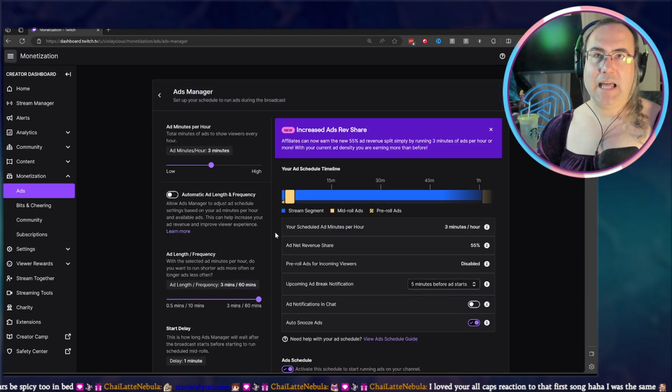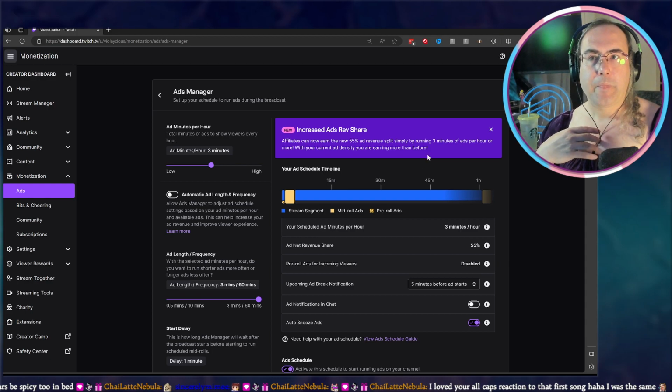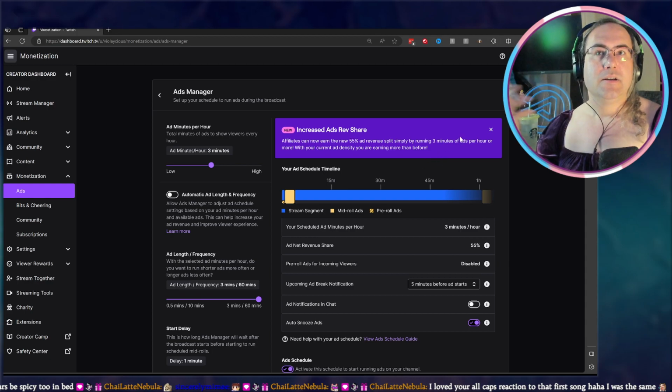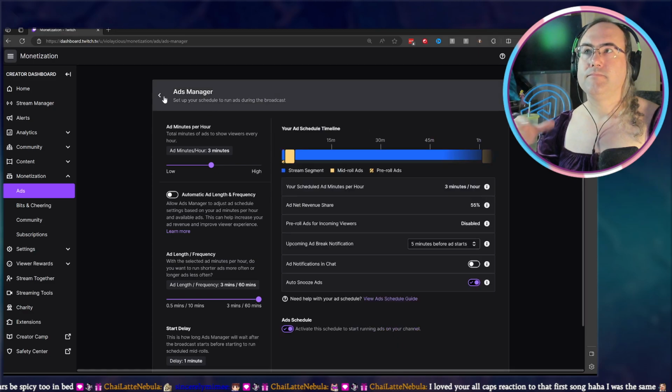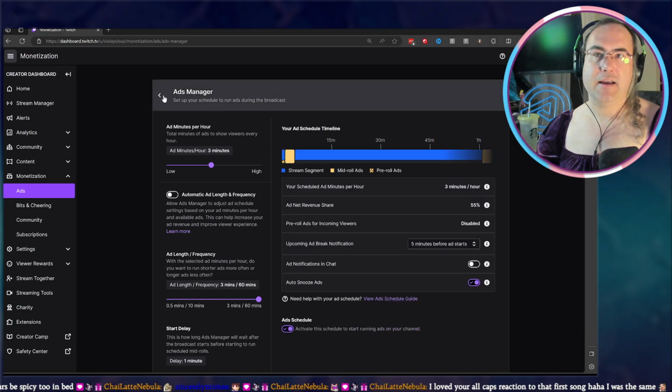And I know there's a lot going on here, but what's important is just this purple box, the alert here. Affiliates can now earn the new 55% ad revenue split simply by running 3 minutes of ads per hour or more. With your current ad density, you are earning more than before. So it's telling me I currently have that setting, and I have it set so that I get that 55% instead of 30%.